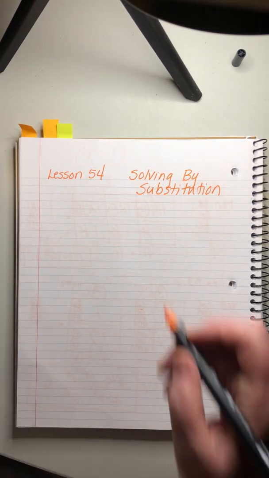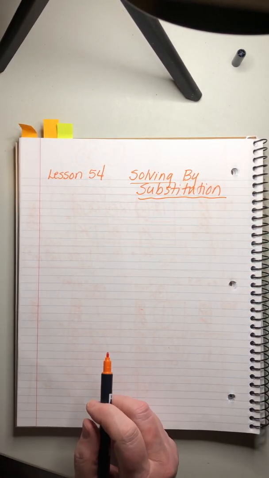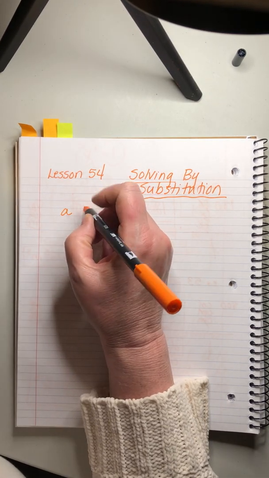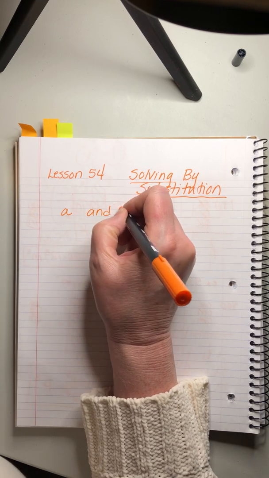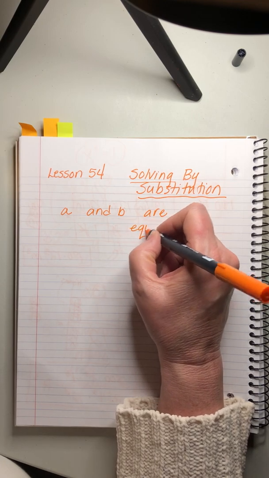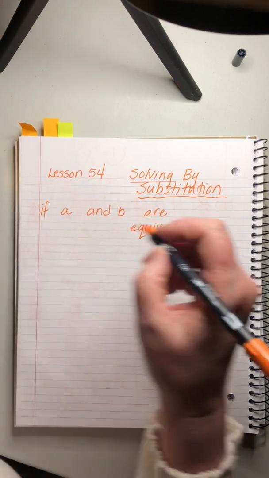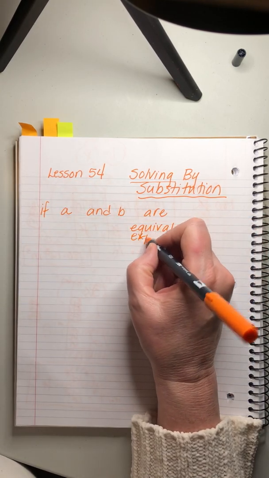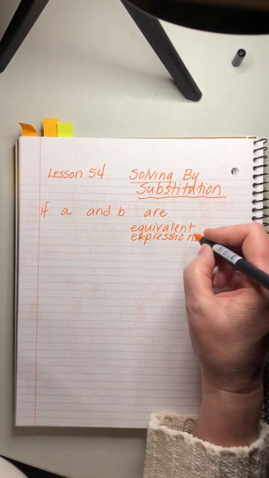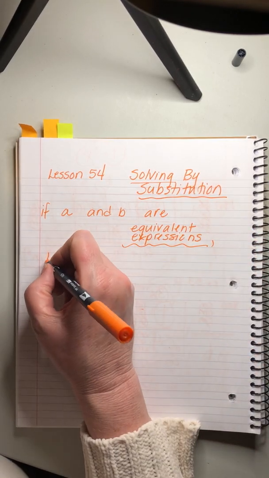First, I'm going to tell you a little something about what substitution is, and then I'll show you what we're going to solve. Here's the thing. If we have two expressions, A and B, and we say that they are, here's the fancy expression, equivalent, let me just add that there. If A and B are equivalent expressions, if they're equal, then